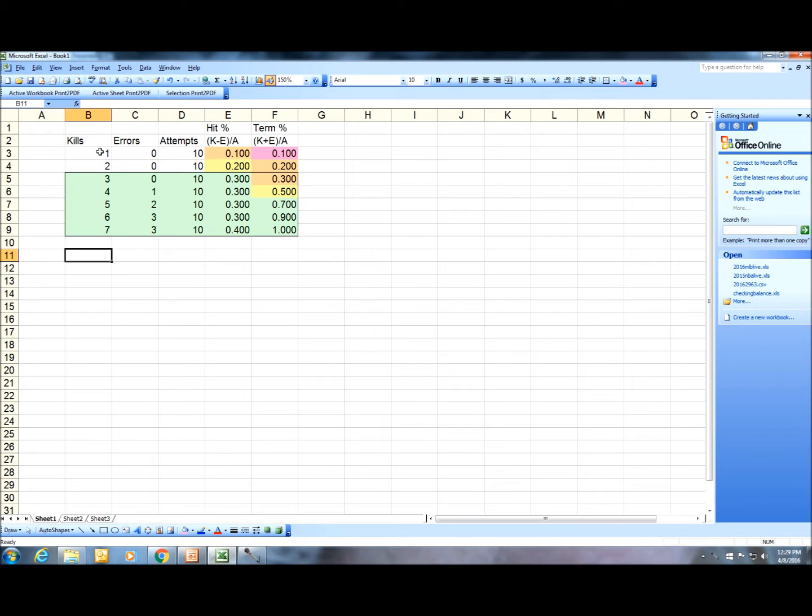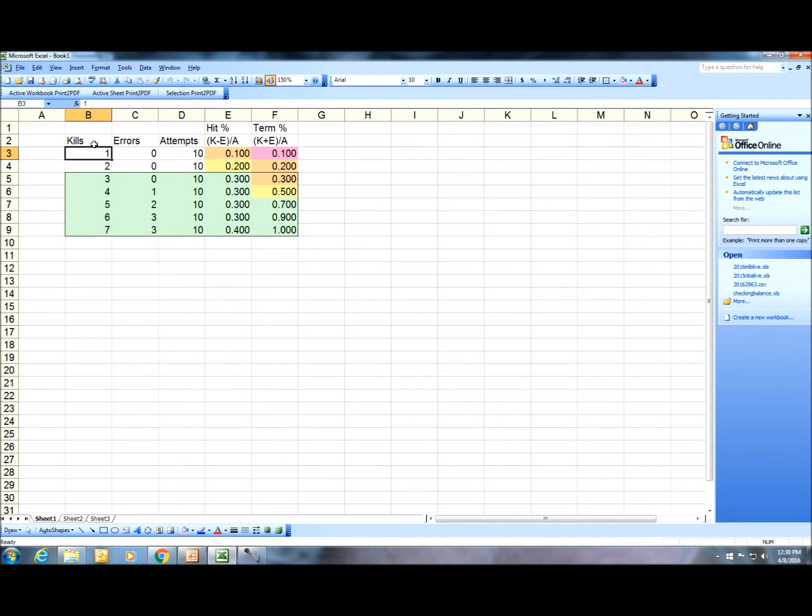I've got a simple Excel spreadsheet here, and defining a kill is when you take an attack or a swing as a hitter and something good happens: the ball gets terminated, the point is taken, especially in rally scoring. Either you put the ball down, or you hit the ball off somebody, or they make an error on their side, or even a blocking mistake and get into the net. Lots of things can happen, but you make an attack and they don't get the ball up. Basically, that's a kill. Most people know what a kill is, and that's the primary